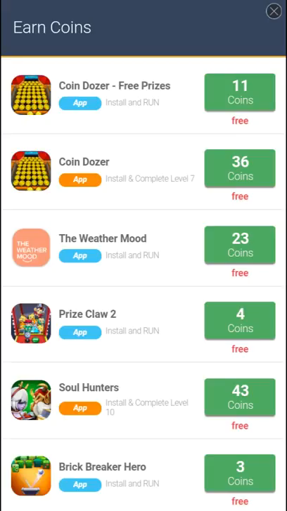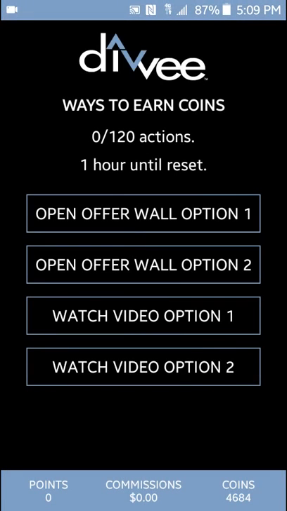And these are just the different things you can do in order to get more coins. I won't go into that now. Just wanted to give you a little flavor of that. And then we have the watch video option 1 and watch video option 2. That's when you can just watch videos and you will gain coins from that as well. But I'm going to go back to our